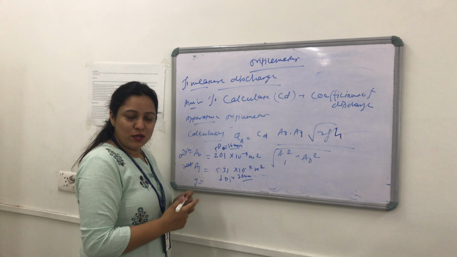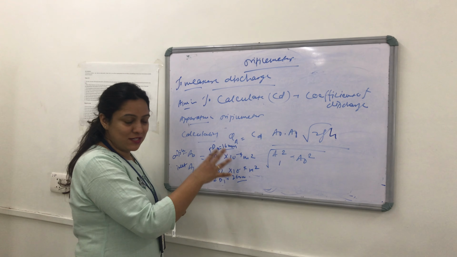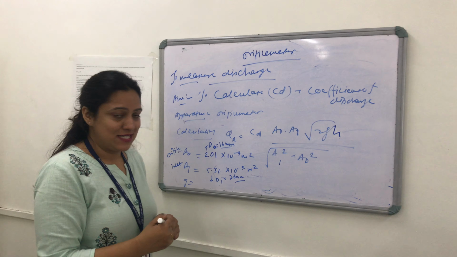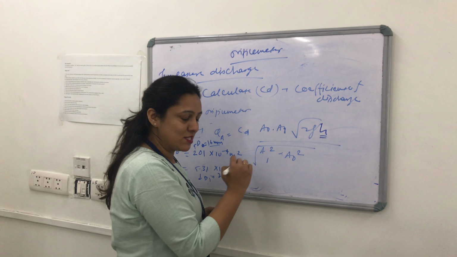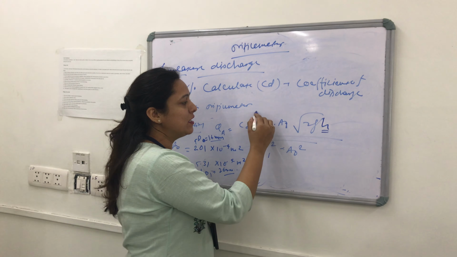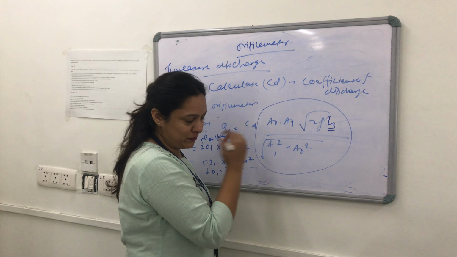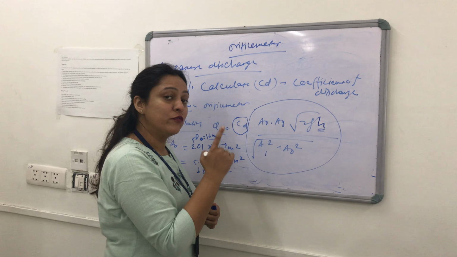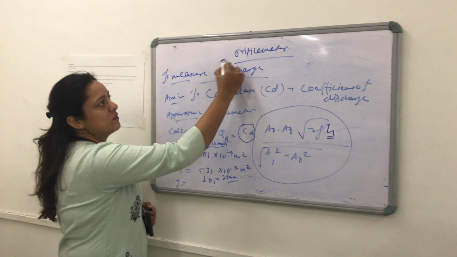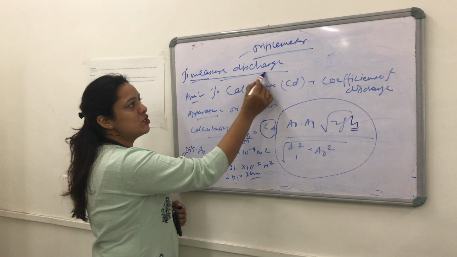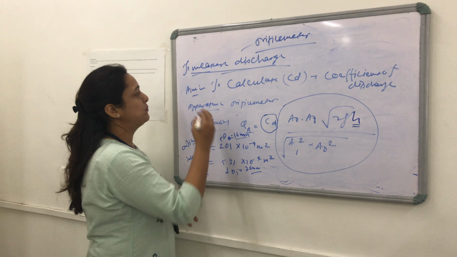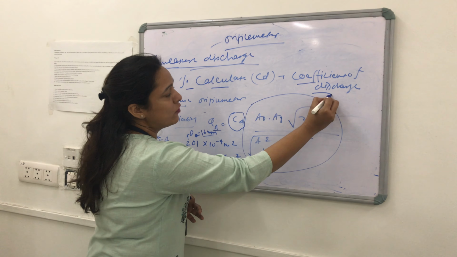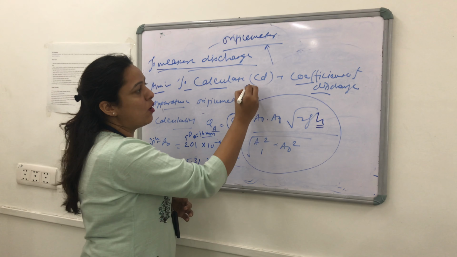Good morning all. So now we are going to discuss the calculation of the orifice meter, for which we have calculated the actual flow rate or the actual discharge, and also we have calculated the value of H. This difference in the height will be giving us the value of theoretical discharge. So this theoretical discharge and the actual discharge is going to give us the value of CD, that is the coefficient of discharge. So orifice meter, again this is used to measure the discharge of the fluid. Our aim is same, to calculate the coefficient of discharge for orifice meter or CD.